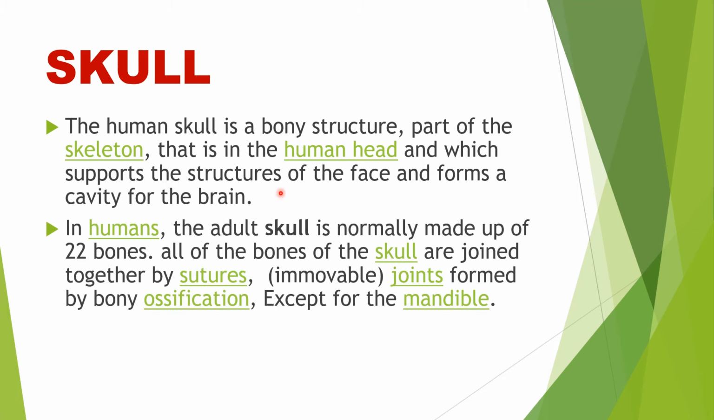In humans, the adult skull is normally made of 22 bones. All the bones forming the skull are joined together by the sutures. That means any bone joined to another forms a joint, but this joint is immovable,